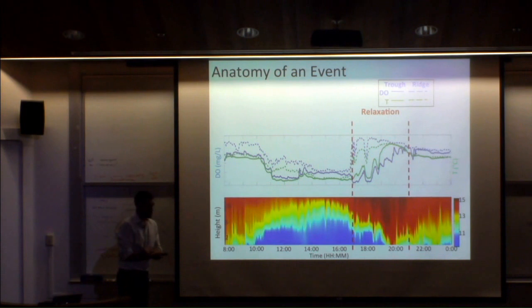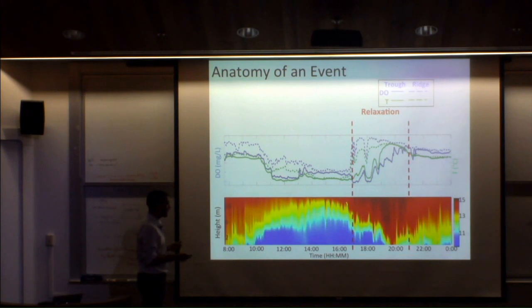But then during this relaxation period, it gets interesting. As we showed before, the surface water can maybe come rushing back in over the bore, and we actually see some downward advection of really warm water. We'll see that at the trough sensors, both temperature and oxygen: their readings will jump up very drastically, on the order of minutes. So just as the thermocline starts to drop in the water column, those readings will jump up very high very quickly. And then over the course of several hours, the temperature and oxygen readings will recover much more gradually,